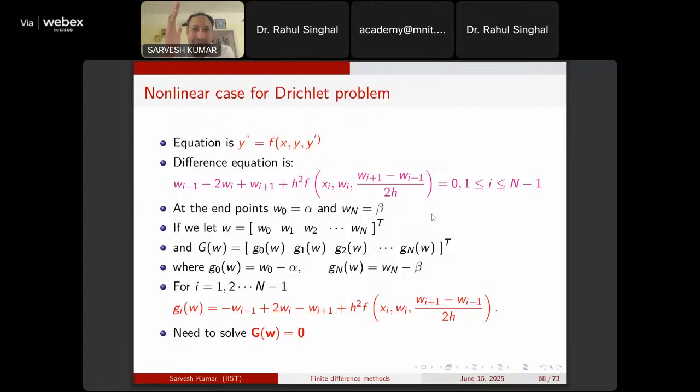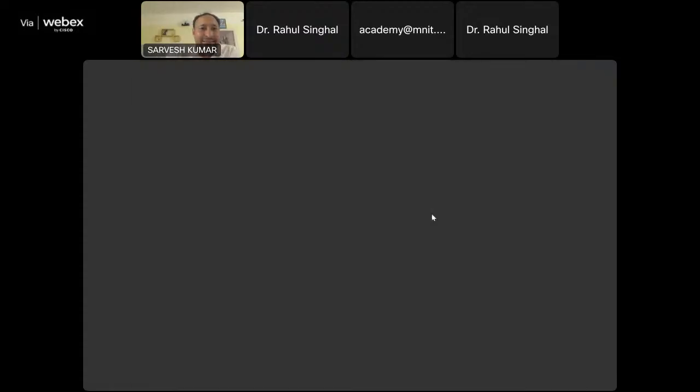So for numerical analysis, it's not only the finite difference method we have to worry about. Finally, we have AX equal to B, and that system we have to worry about. So let's see the non-linear problem. Other cases